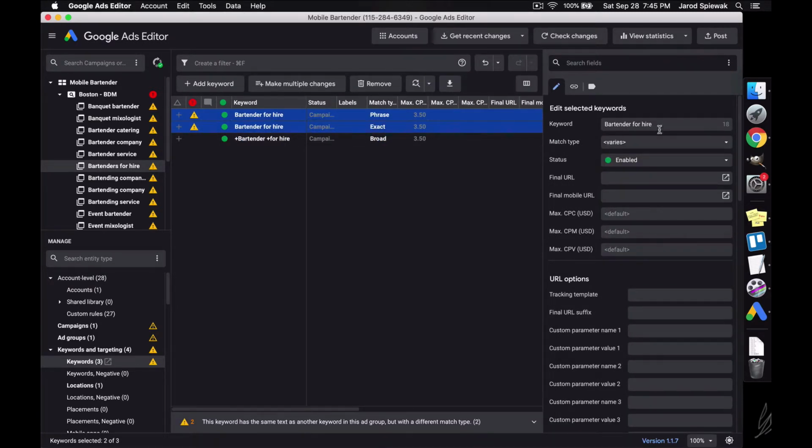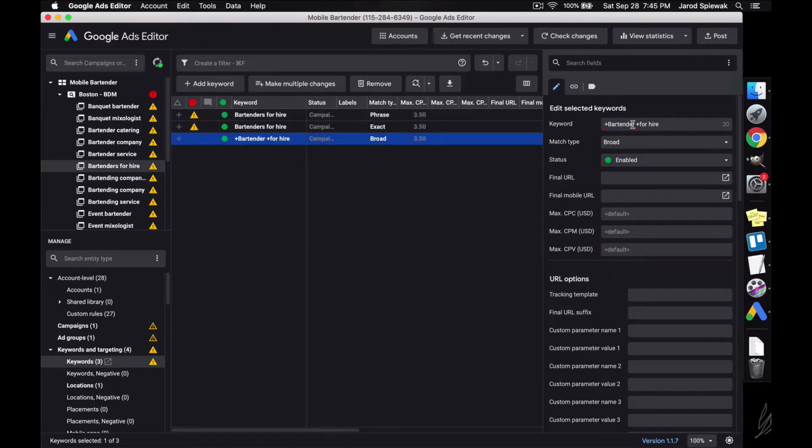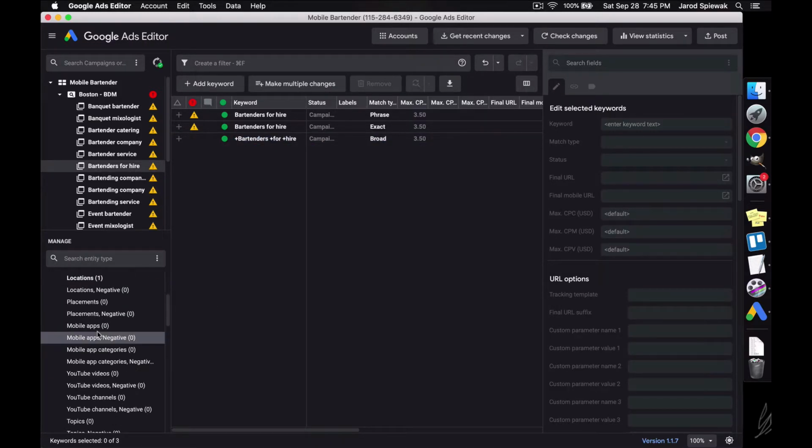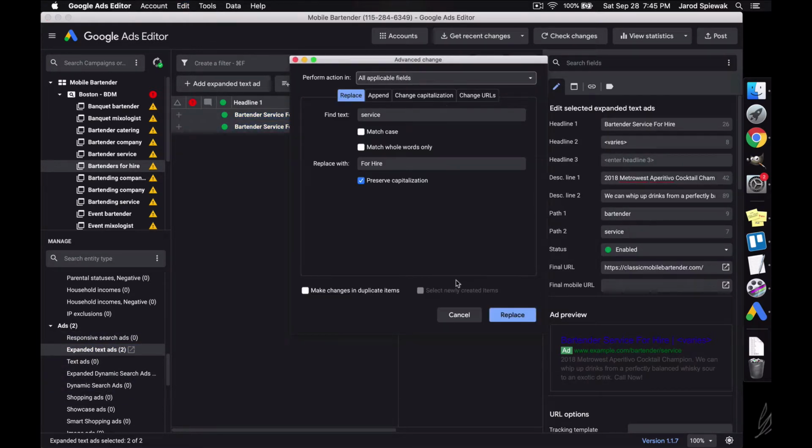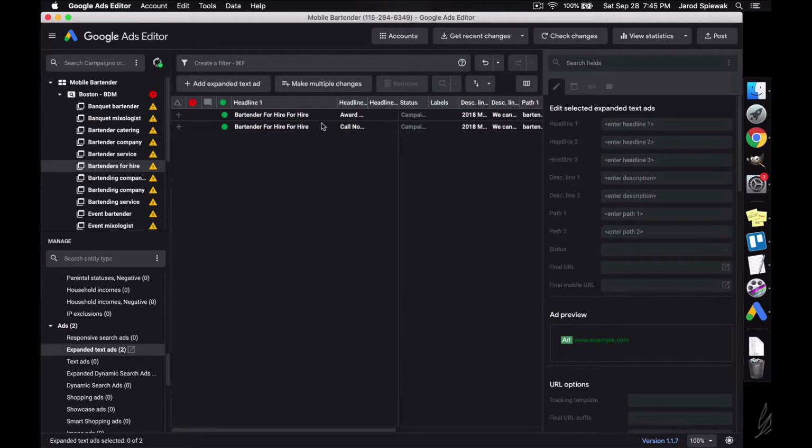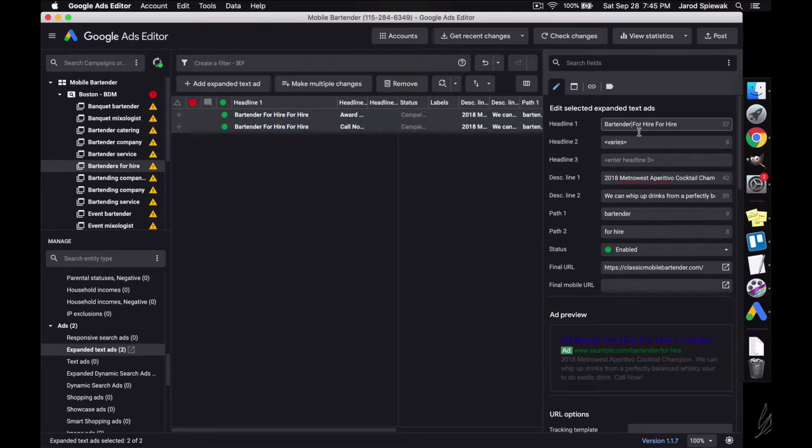I'm just going to grab these, bartenders for hire, and make this a modified broad match by adding the plus symbol right there. And then I'm finally going to go into my ads and do the same thing. Change this to bartenders for hire, and so that's redundant with the extra for hire there. So it's just going to be bartenders for hire